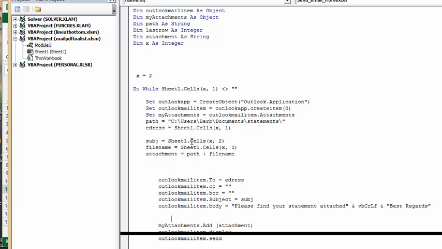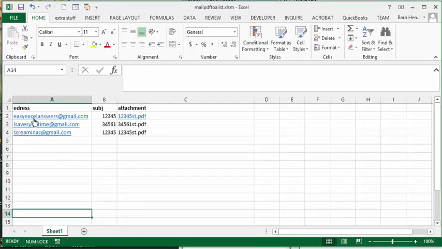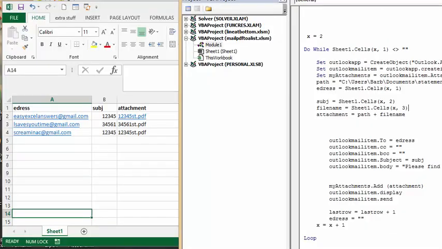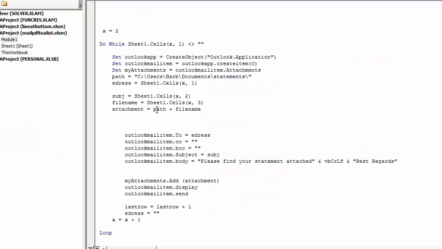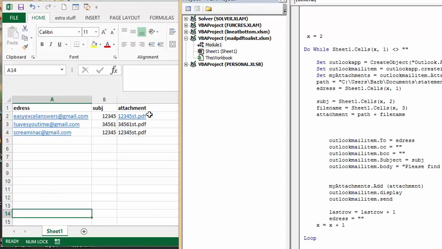Edress equals whatever is in here, is our edress. Okay? Attachment equals path and file name. So the path that we've selected here and the file name. The file name equals Sheet1.Cells. The cells that are, whatever you have here, it can be PDFs, it can be Excel files, it can be anything. As long as you have it specified in here, you can attach anything you want